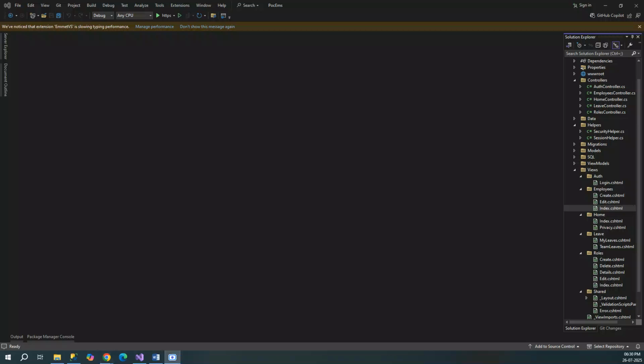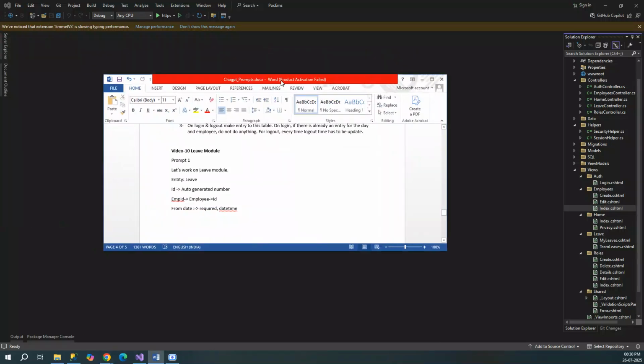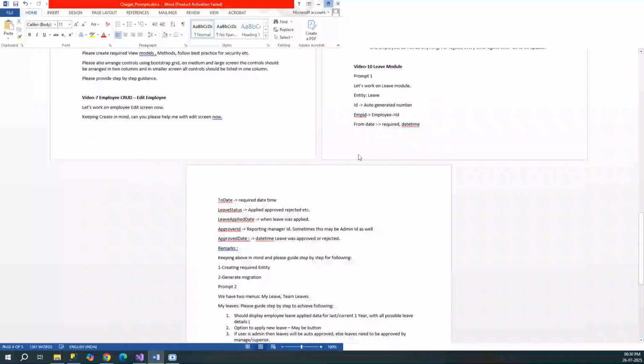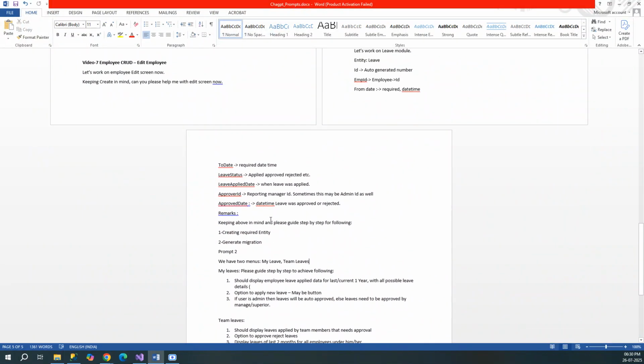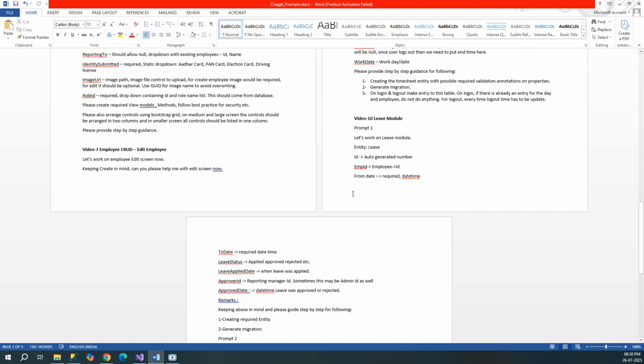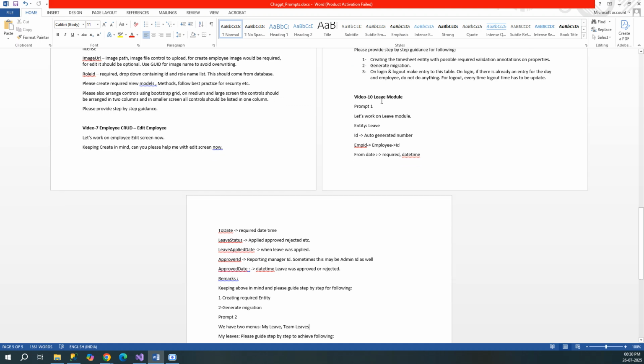I have prepared the prompt for this in the background, to save time. So let me share this. We'll be requesting ChatGPT to go over this and provide the response. So in the leave module, we will be creating the leave entity